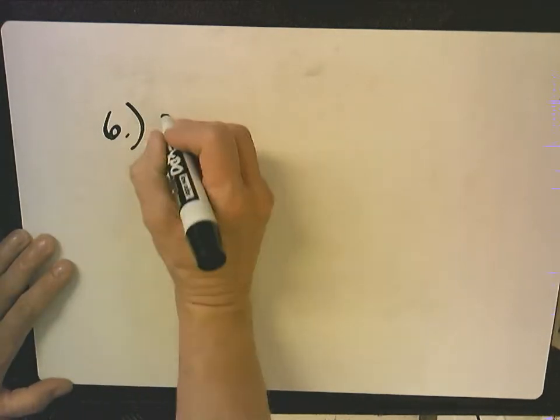Now, number 5 is super easy because you're done. It's already solved for y, so you don't have to do anything. Number 6,